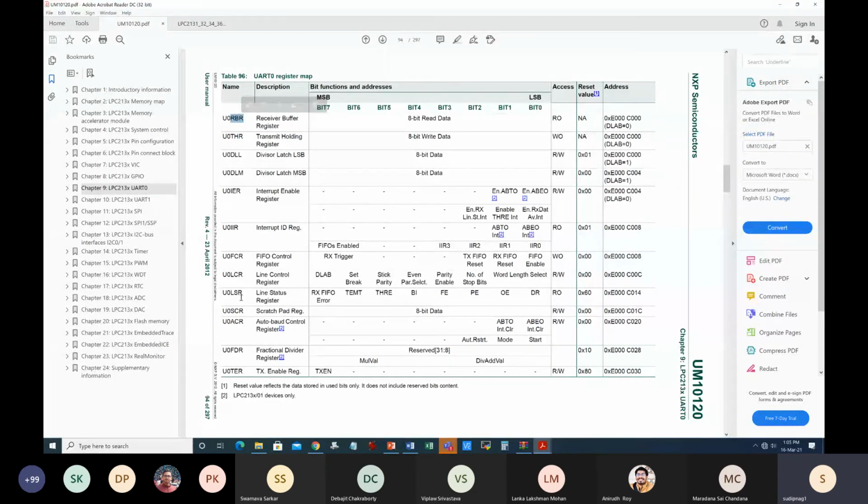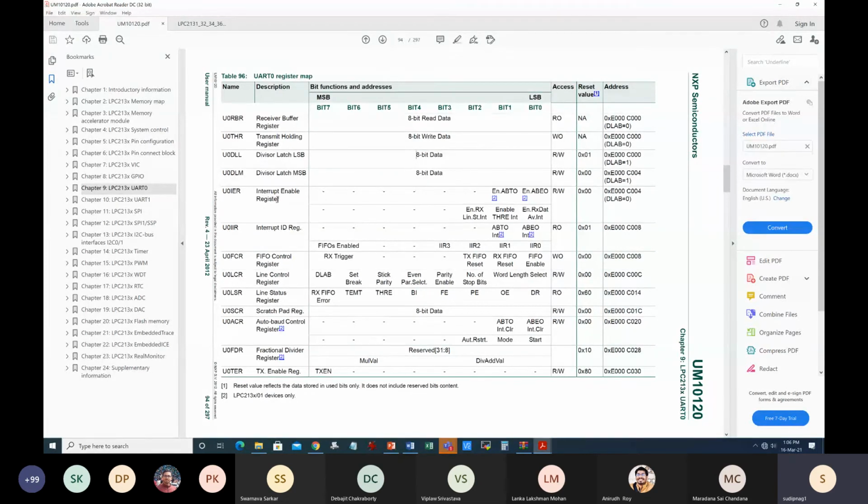And apart from this, there are FIFOs, and the FIFO is controlled separately. And then there is a baud rate selection. So I'll just quickly wrap up. There's a baud rate selection register, the divisor latch. That means the advanced peripheral bus clock is further divided by another counter, whose coefficient is determined by this DLL and DLM register. This is basically a 16-bit register. Now we are inside a 32-bit microcontroller, but the registers are actually 8-bit over here, because UART typically supports 8-bit. So it makes more sense to come to 8 or 16-bit work registers.